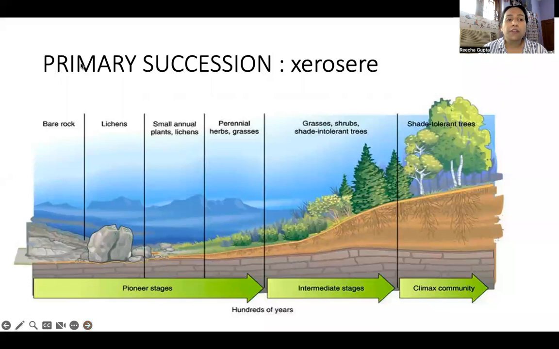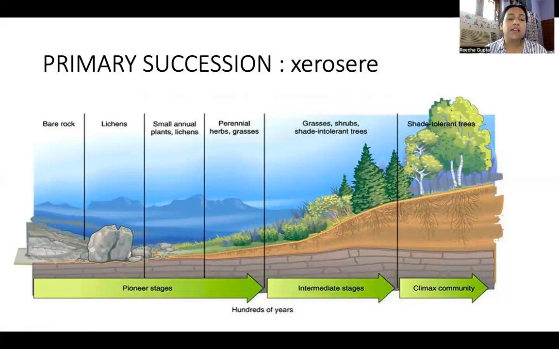Now we are going to talk about primary succession first. Primary succession is the first succession. जैसे कि आप example देख सकते हो, here it is a bare rock, and bare means there is no soil, nothing. And bare rock is a dry condition. Dry condition succession is also known as xerosere. So xerosere is a type of primary succession जहाँ पर पहले से कुछ भी present नहीं होता है, और जब यहाँ पर colonization start होता है तो सबसे पहले आता है lichens. Lichens, जैसा कि मैंने बताया था, are the composite organism of algae and fungi. इसके बाद आते हैं small annual plants, then perennial herbs, grasses, shrubs, and then overall forest का formation हो जाता है। तो आप यहाँ पे देख सकते हो कि जो bare rock है वहां पर अभी कुछ भी present नहीं था, अभी new plants आने शुरू हुए।